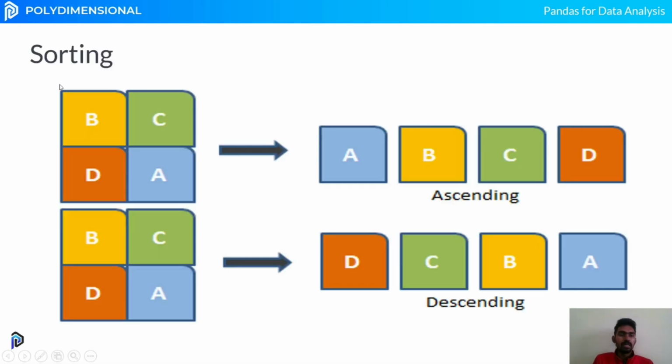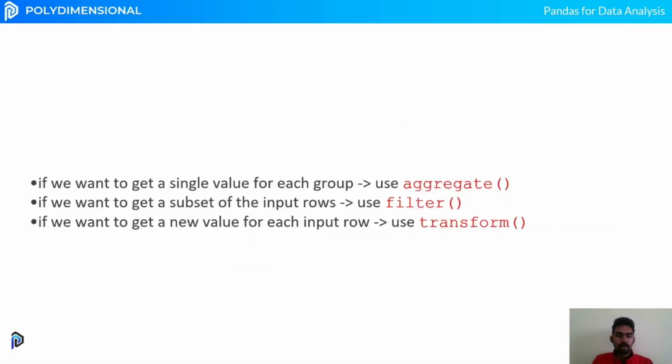Next in this video we'll be seeing sorting. It is quite simple. You take sorted. You can sort with multiple indexes also. First you can sort based on one primary index. After that, if the values are similar in the primary index, you can also give a secondary index to sort. Like if your name is similar, we can look into your date of birth and decide. Let's look into the coding part.